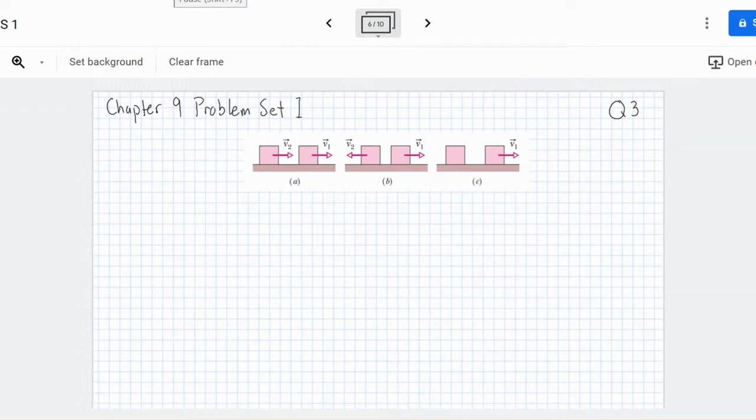All right, here we go. Chapter 9, problem set number 1. We're going to start with question number 3. Question number 3 says, consider a box that explodes into 2 pieces while moving with a constant velocity along the